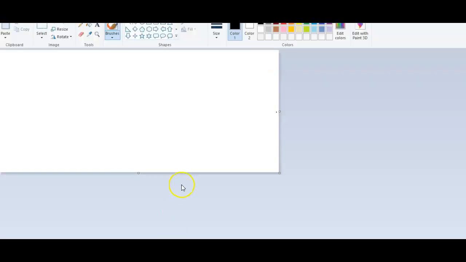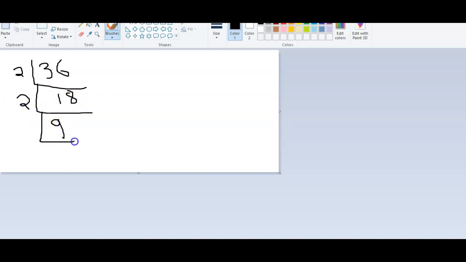What are the prime factors for 36? Let's do it. Given 36, let's start with 2: 2 18s. Let's leave 1, because 1 is not a prime number. A prime number is a number which has only two factors, 1 and itself. 2 18s, 2 9s, 3 3s. So for this 36, we say that 2 and 3 are prime factors.